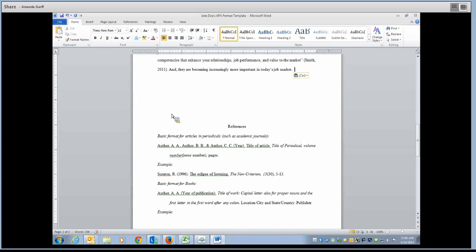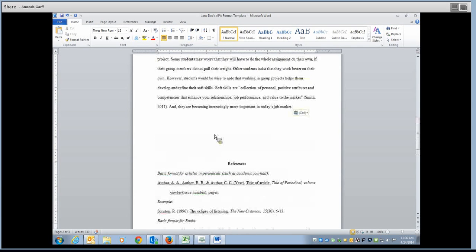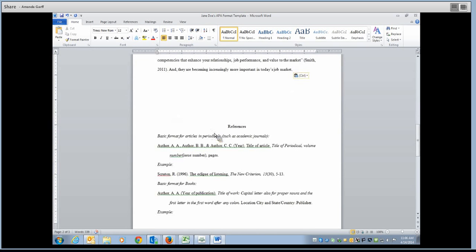So that's what the reference and the citations are for. Now, I don't know if this will do this on yours, but what it did on my Word is it kicked references up onto the second page, and we don't want it there. So if I click right in front of references, so my cursor is blinking in front of the R,